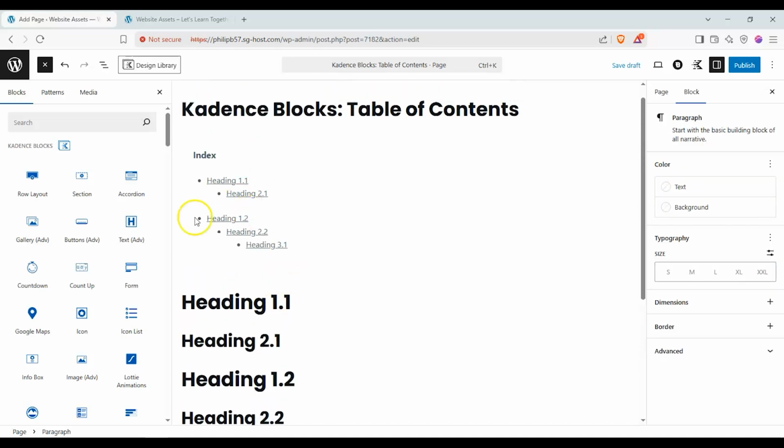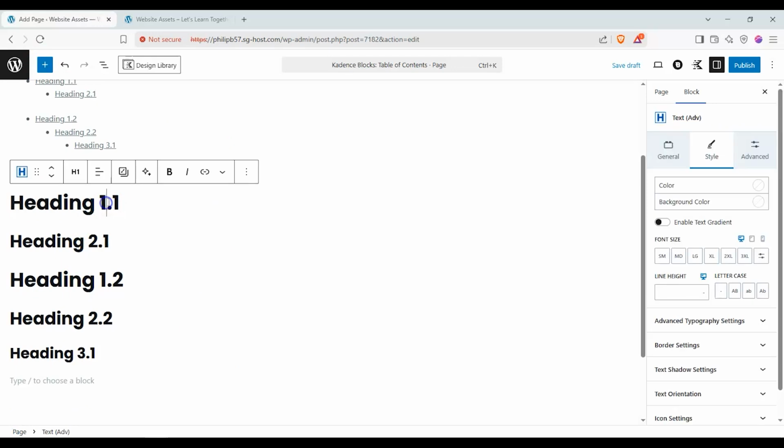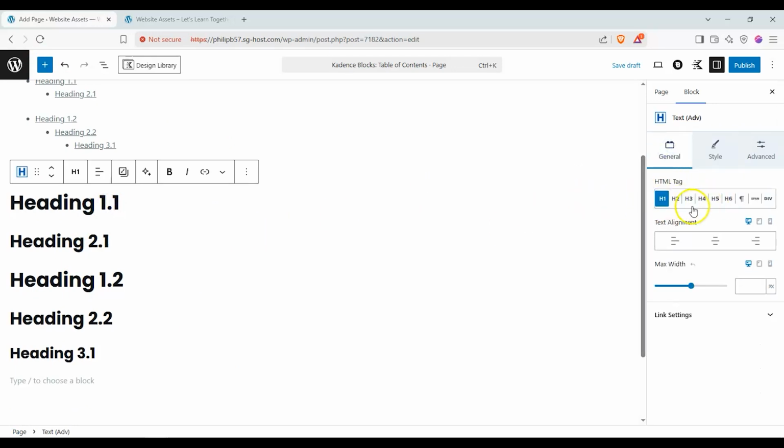I gave up. So here we can see that we have our headings here based on their HTML tag,